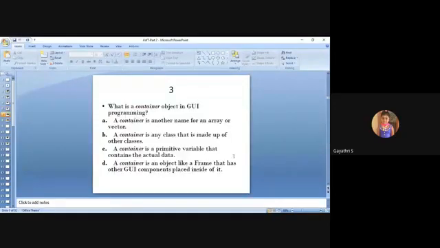what is a container object in GUI programming? The definition of container. So recall the AWT hierarchy. Read all the options one by one and post the answer here.